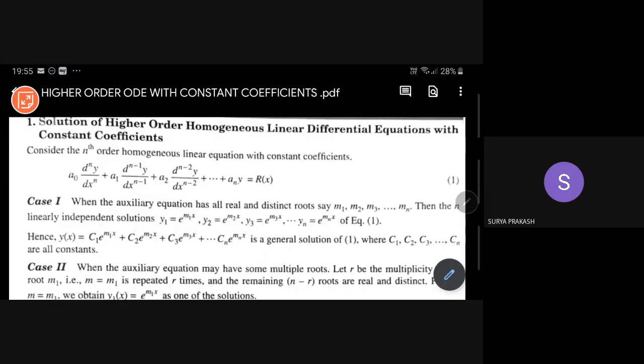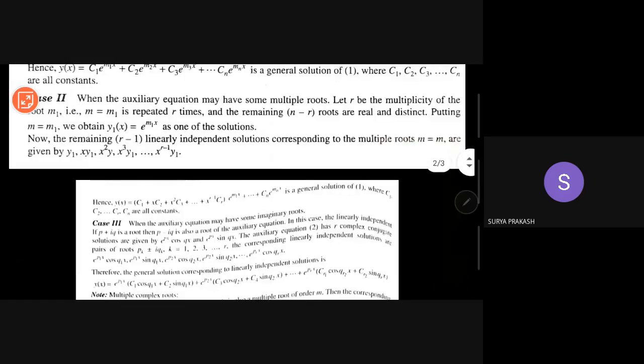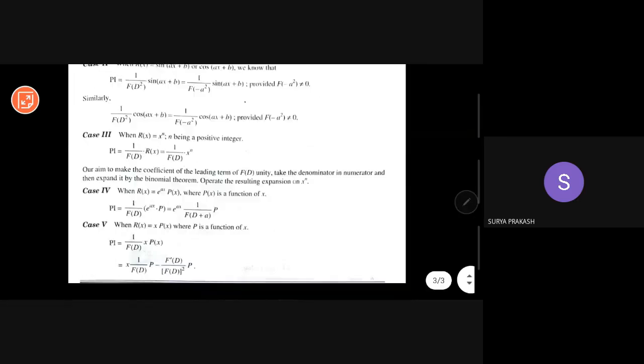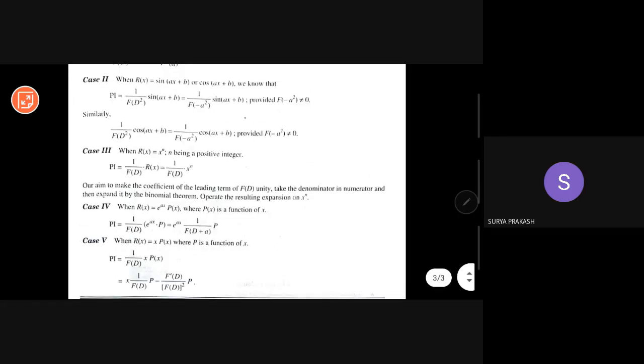So now see, dealing with the non-exactness, I have already told about grouping of terms. Then higher order ODE with constant coefficients. This is the document. Okay, I need not open the drive, I have already shared this also. Complementary function and particular integral will come here, so the details, a quick recall for that one, I have shared here. This one we will discuss tomorrow only, because I want to focus on some problems on first order.